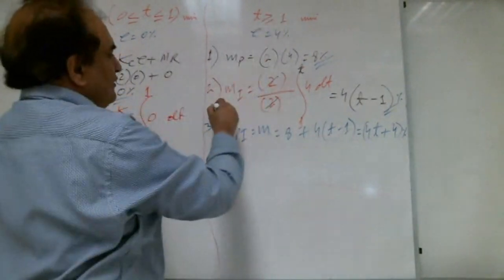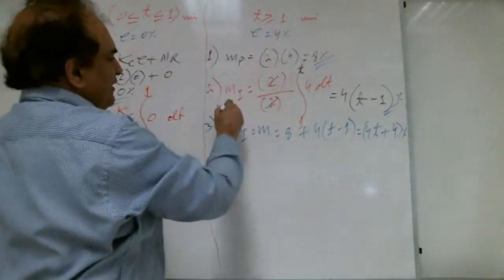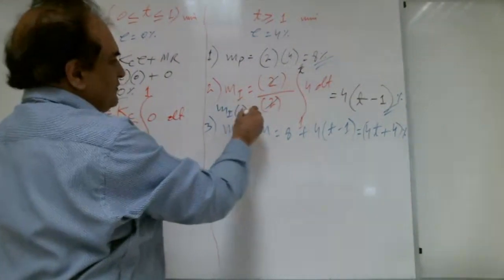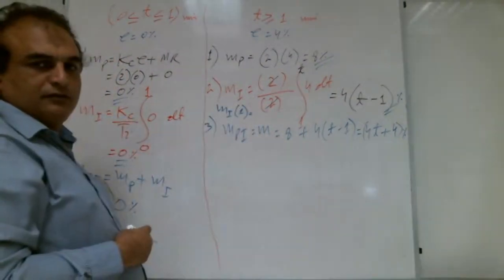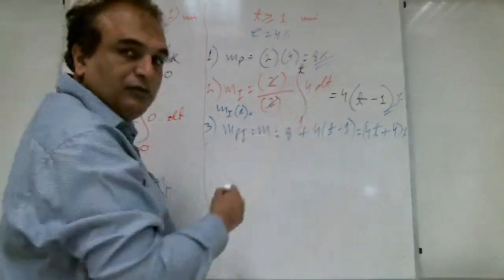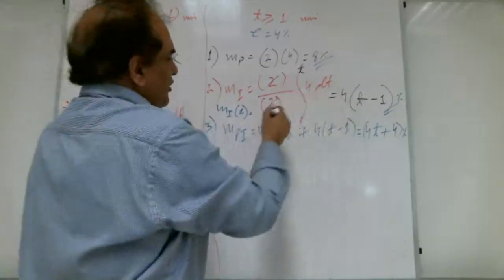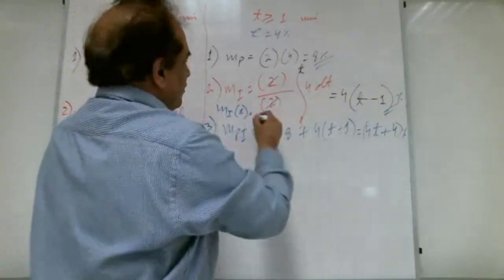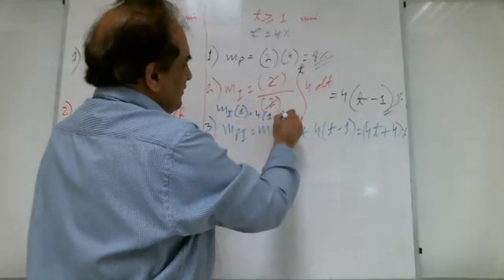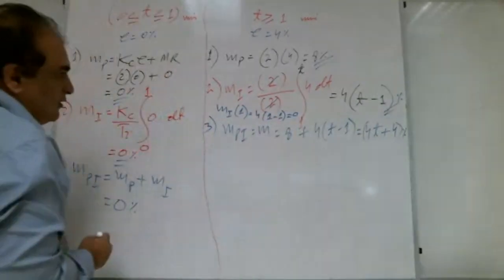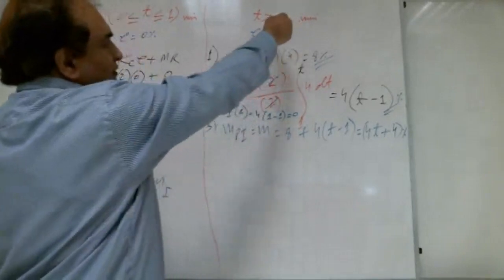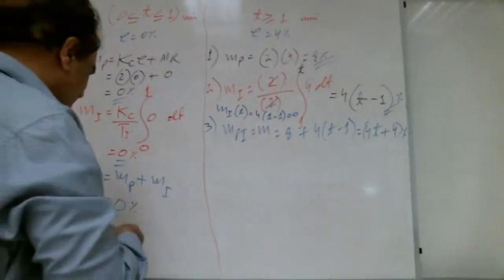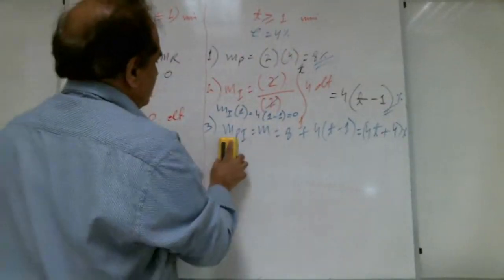MI at 1 is how much? 0, very good. So put here T 0. This is T is what? 1. 1 minus 1, 0. 4, 1 minus 1, that is 0. What is the second point? This is 1. So what would be the second point, Shabab?